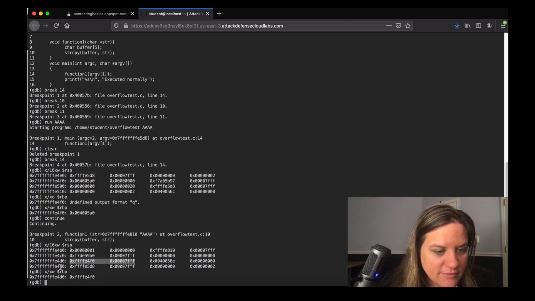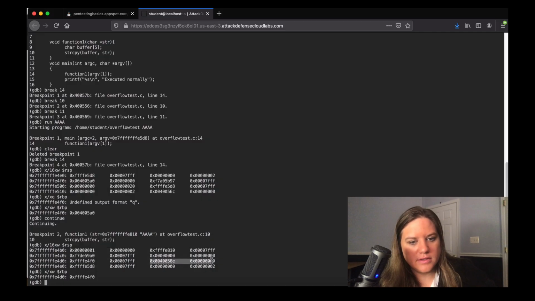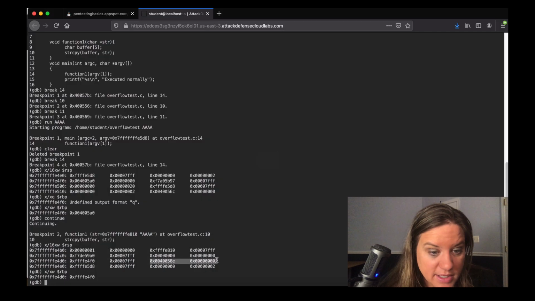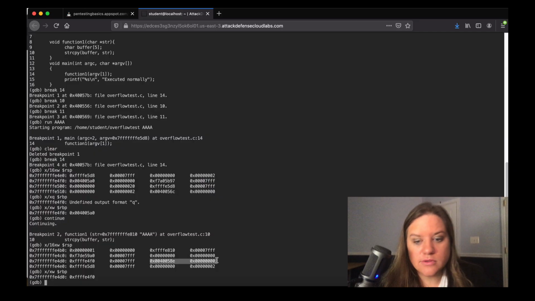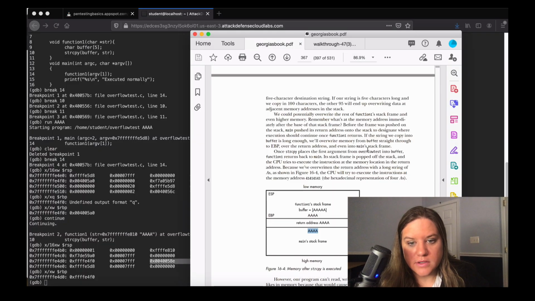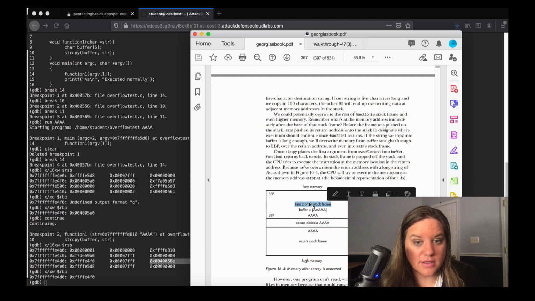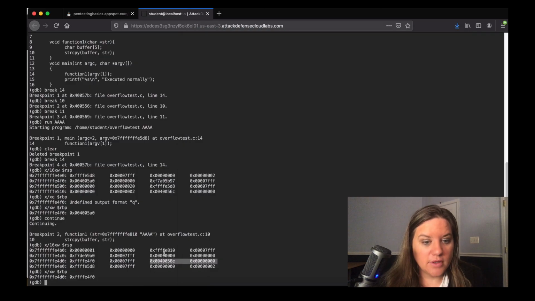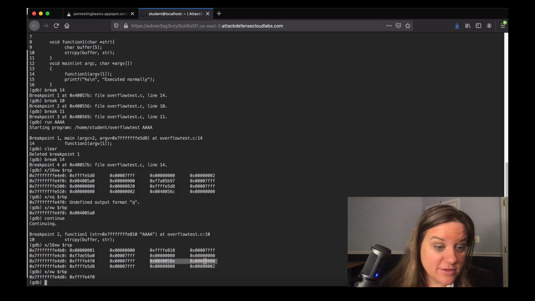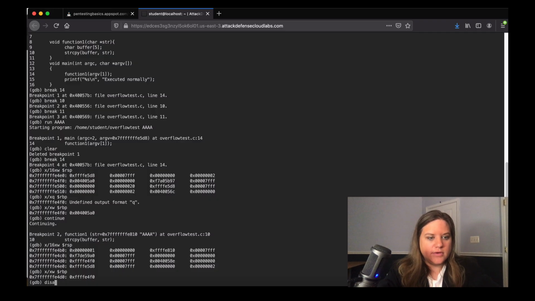See, if we remember, E0 at the end was main stack frame. So this is main stack frame. We've got function 1's stack frame, and then 8 bytes basically between the two. If we look back at our picture, we've got main stack frame, the return address of where to continue in main, and then function 1 stack frame. So if the theory is correct, that should be that return address sitting on the stack. And we can, if we just do a disassemble